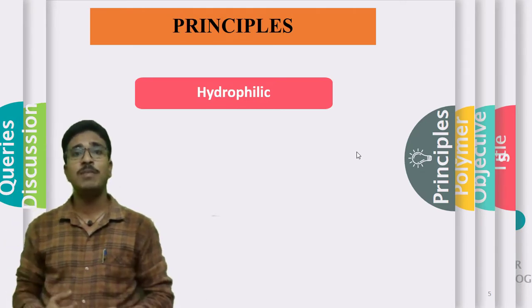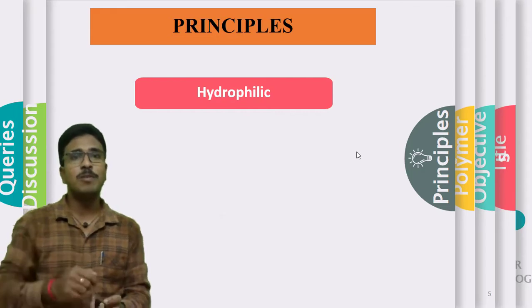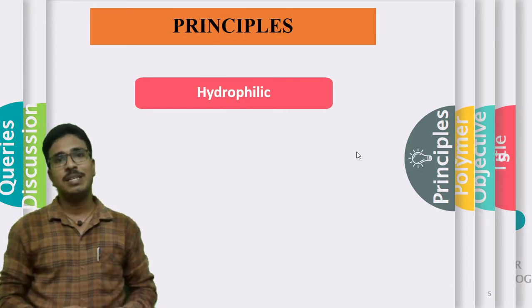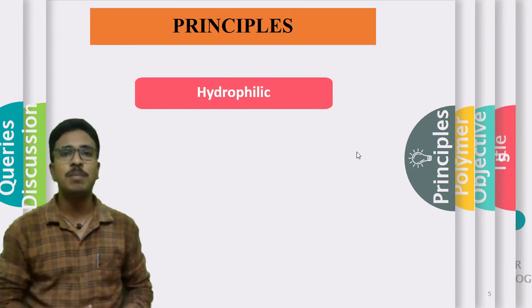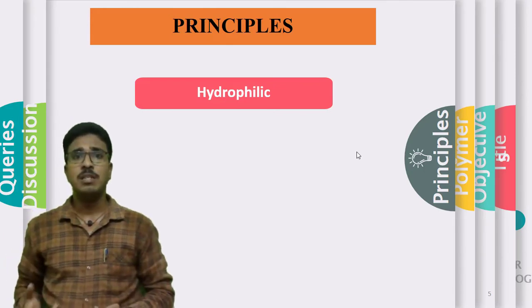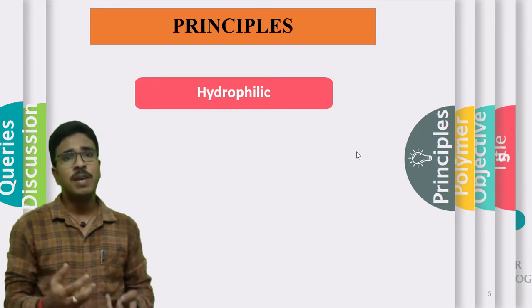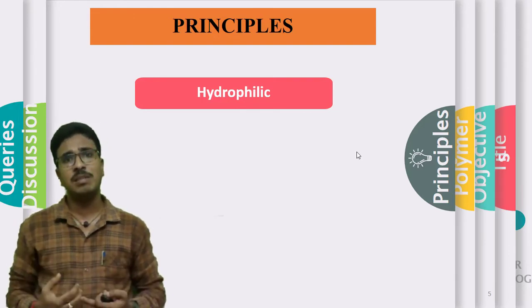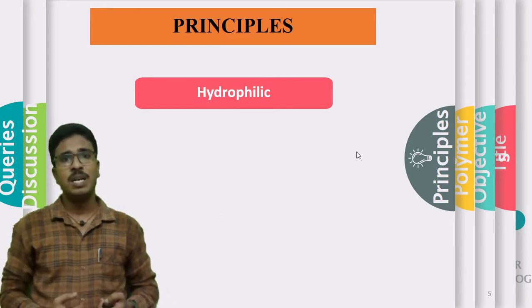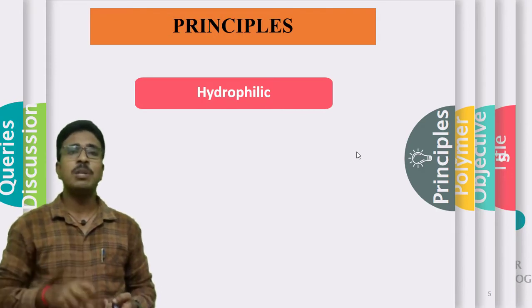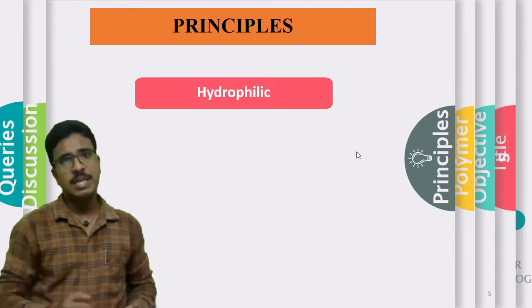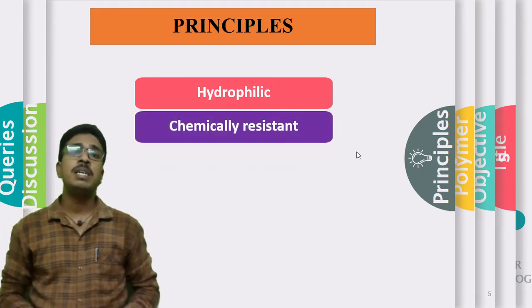Suppose you take the polymer in polyester and put a drop of water, it won't absorb it immediately, because the polymer is hydrophobic. So hydrophilicity is a very important property which primarily decides the end use application. If the polymer is more hydrophilic, it is directly meant for apparel purposes, or garments meant for direct contact with the skin. Understand? So depending upon the particular property of a polymer, its end use application is decided.